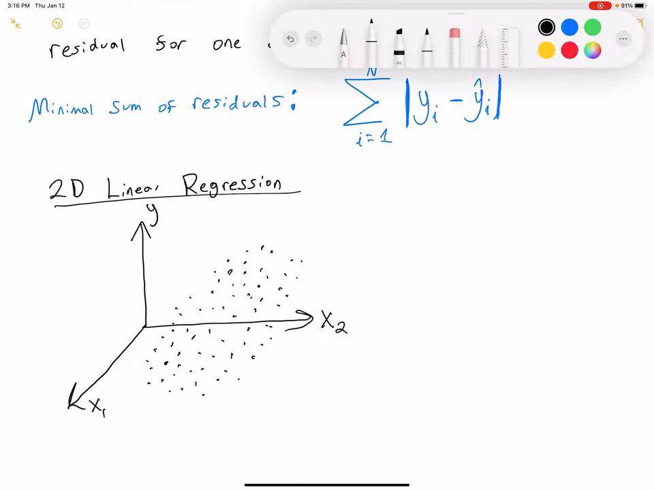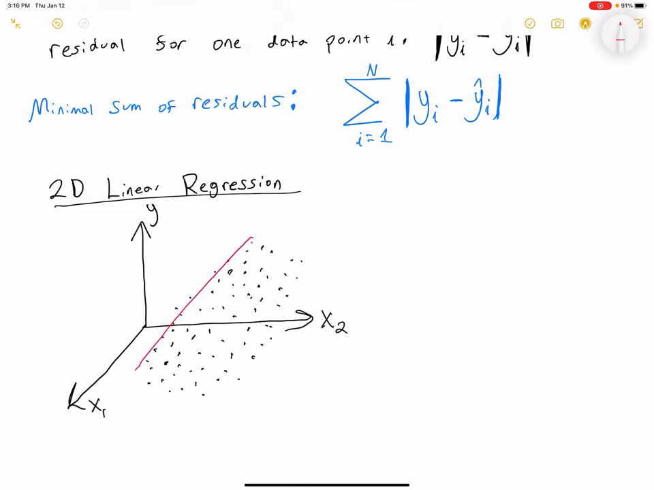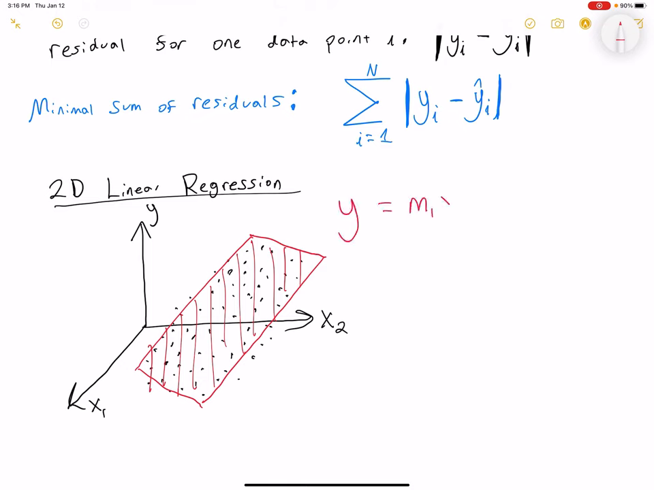And now it's still linear regression, it's just linear in 3D. So does anyone know what a line in 3D is? Yeah, okay. So we're basically learning a plane of best fit. Something like that, which would have the equation y equals m1 x1 plus m2 x2 plus b. So now it's just two inputs,